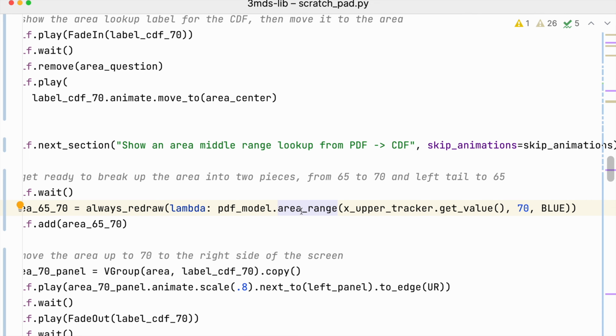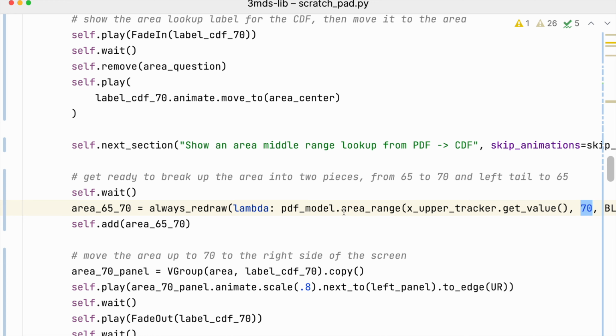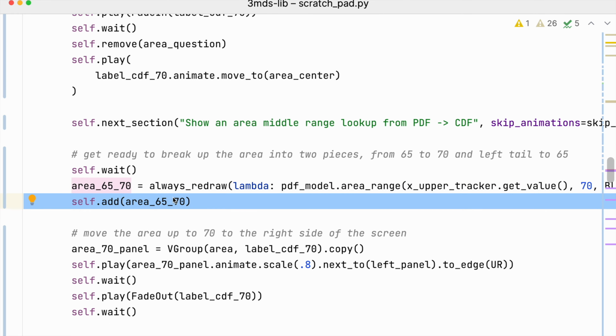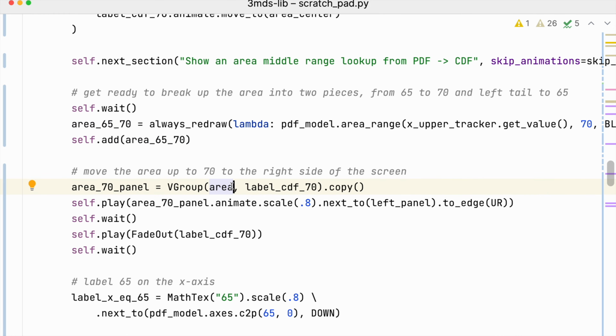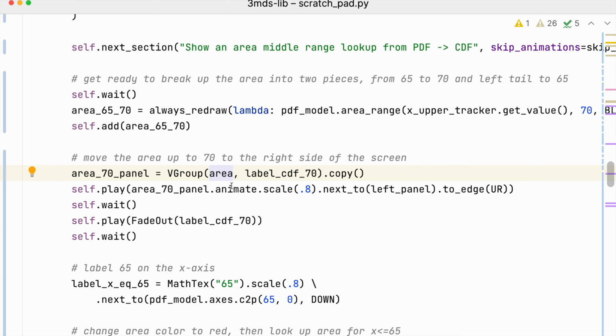It's going to be an area range from whatever is the upper bound of the tracker all the way up to 70. So this X upper tracker is actually acting as the lower bound here, and then it's going to have the upper range be 70. And then I'm going to add that area. And then I'll move the area up to 70 to the right side of the screen. So I will take that area of up to 70, move it over to the top right corner of the screen. I'm going to put the area as well as its label together in a group,